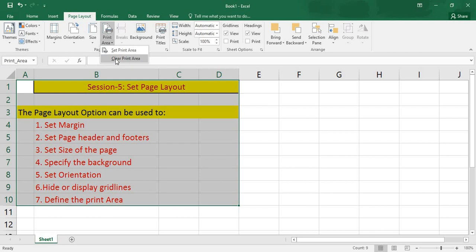and again अगर आप इसको क्लियर करना चाहते हैं, यानी कि आप प्रिंट एरिया को हटाना चाहते हैं, तो आप क्लिक कर देंगे क्लियर प्रिंट एरिया पे. So your print area will get cleared. And suppose